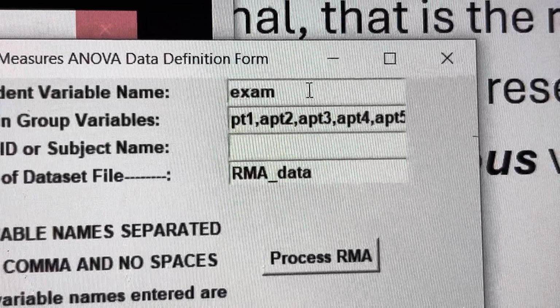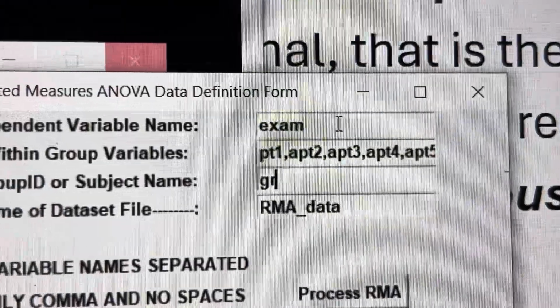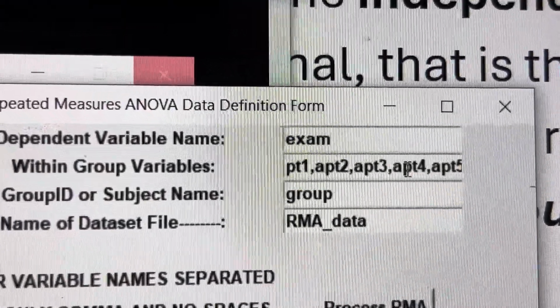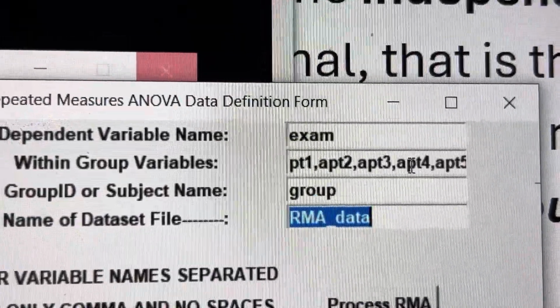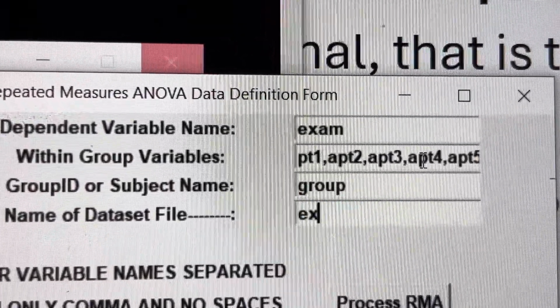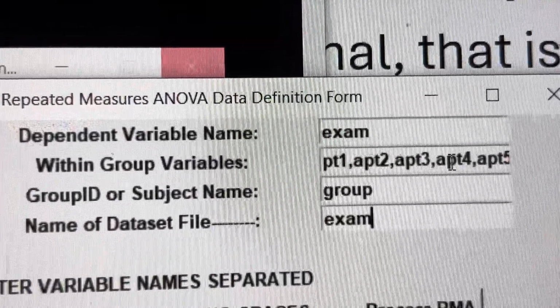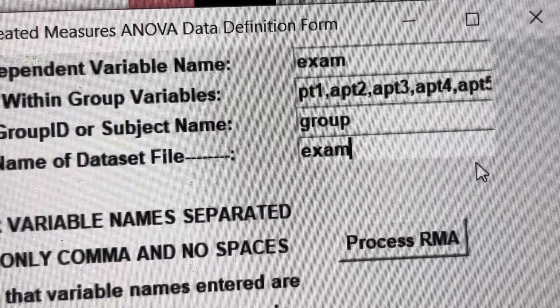And then the next one is, we mentioned the group. The group is group. And then now type the name. The name is exam. File name is exam. The dependent variable name is exam. So we now click